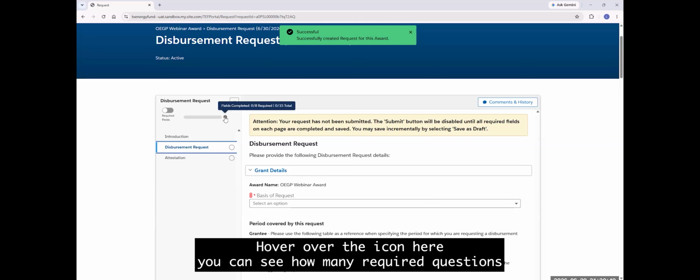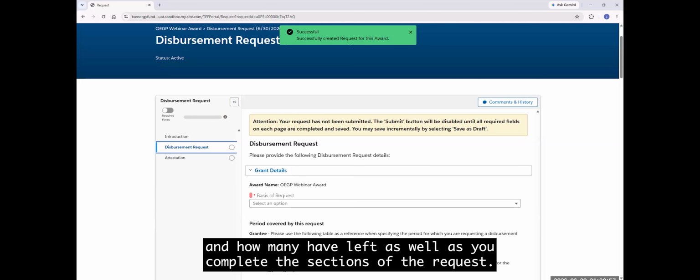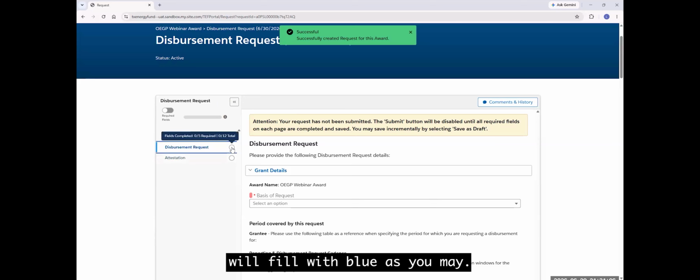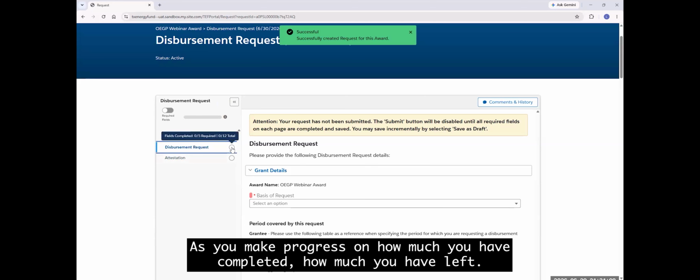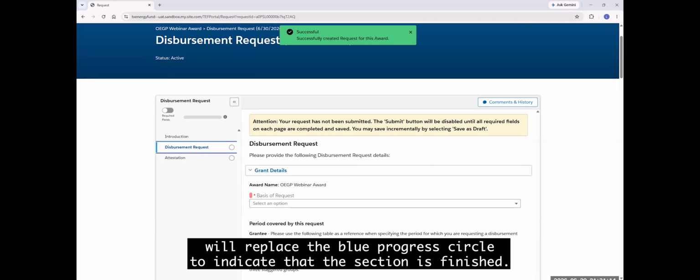If I hover over the icon here, you can see how many required questions I have completed and how many I have left, as well as total fields and how many I have left as well. As you complete the sections of the request, these circles next to disbursement and attestation will fill with blue as you make progress. Once you have completed a section of the form, a green checkbox will replace the blue progress circle to indicate that the section is finished.